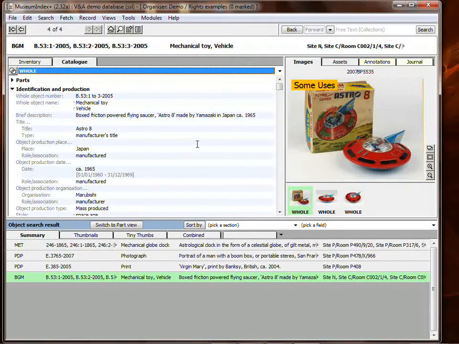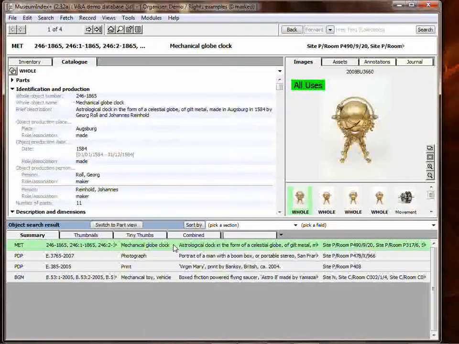In the top half of the screen we have the currently selected record. Let's just go back to the globe clock. So on the left here we have the metadata for the record, and on the right here we have the images and associated information to do with digital assets,